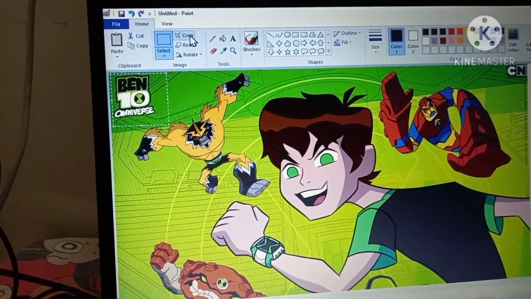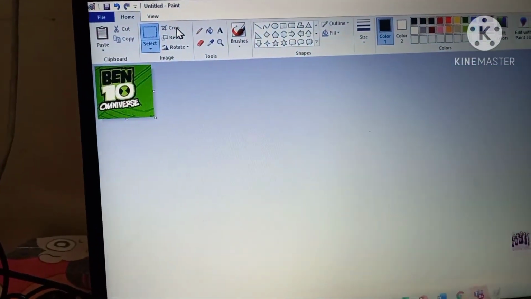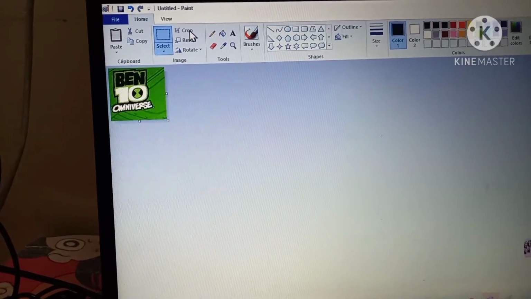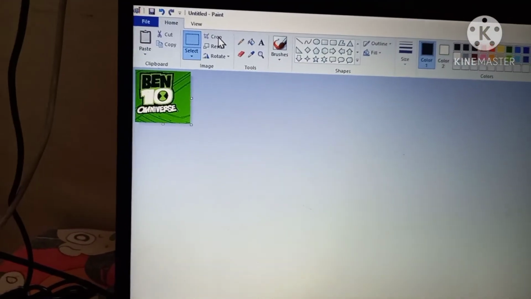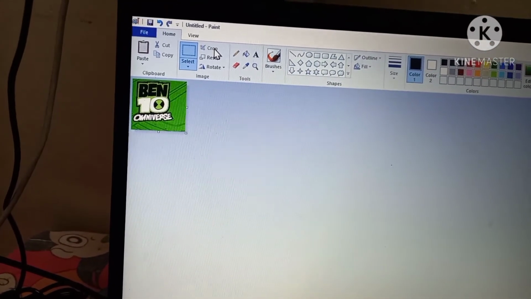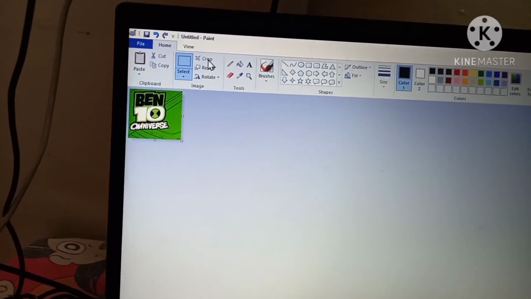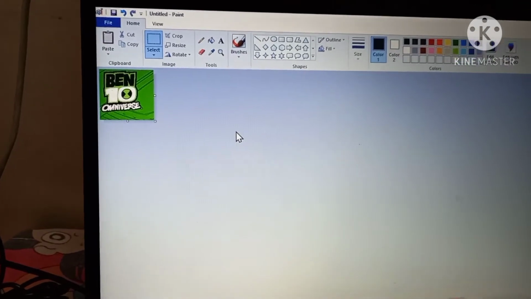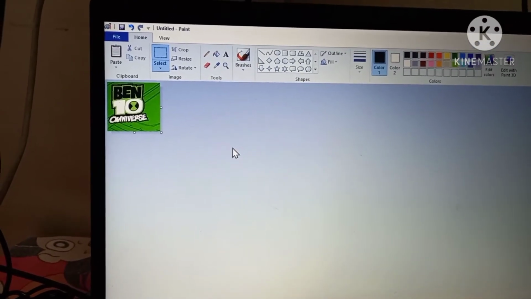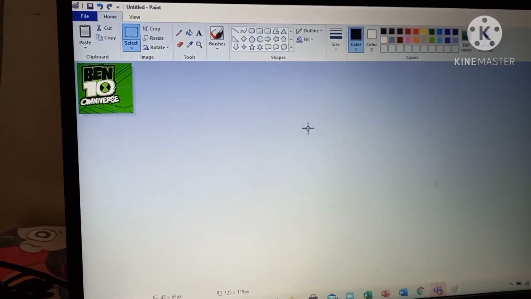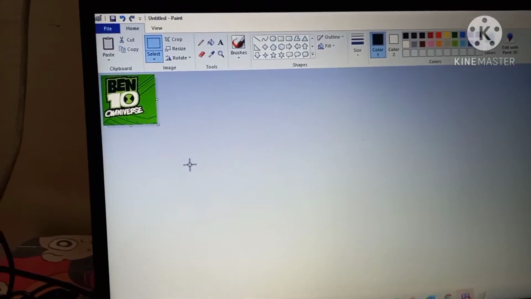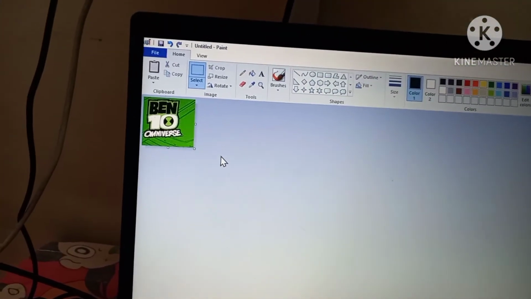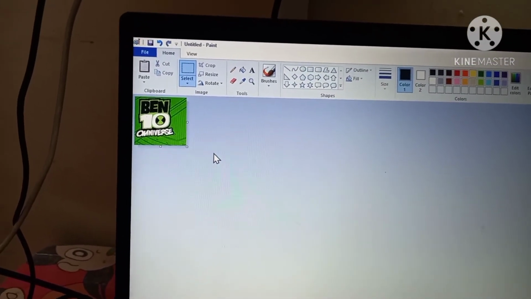Now click on crop. Now only the selected part of the image will appear. Rest everything got deleted. Only this much part is there and the rest of the picture got cut. Okay, I hope you have understood.